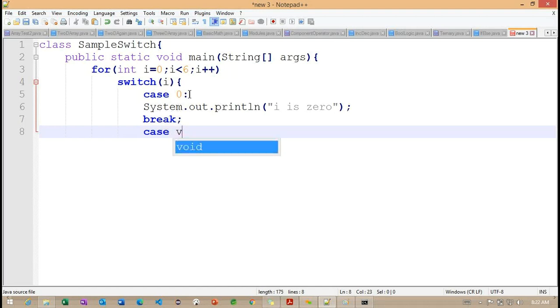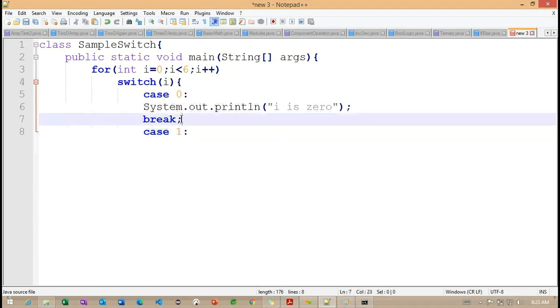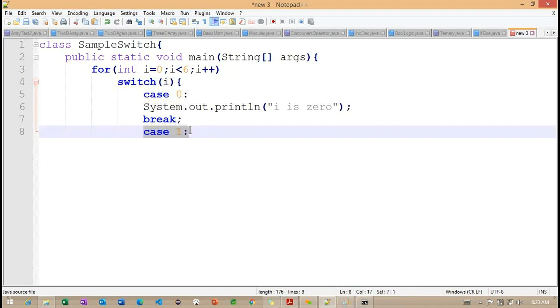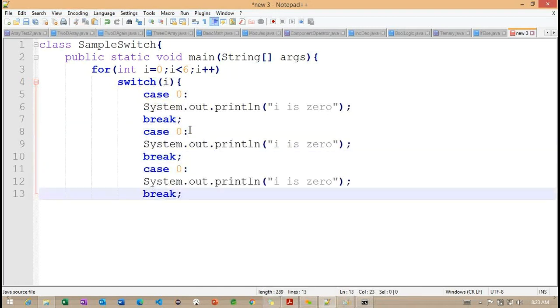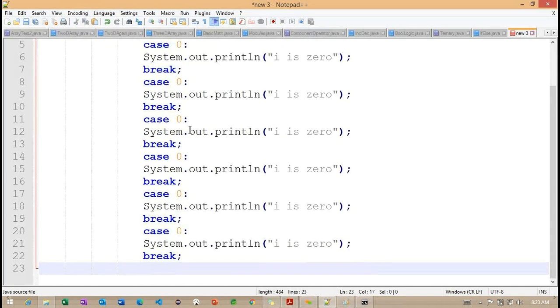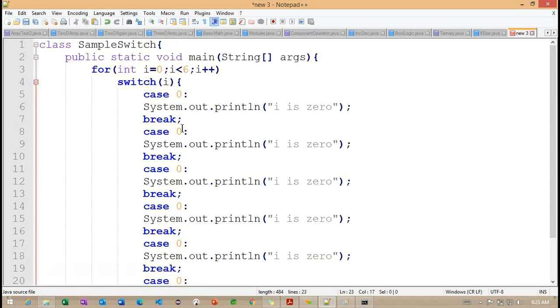Back to here, I want to define case the value 1. Getting the point? So let me copy all the cases here: 2, 3, 4, 5. That's it.